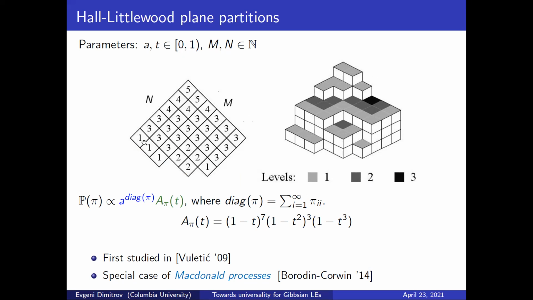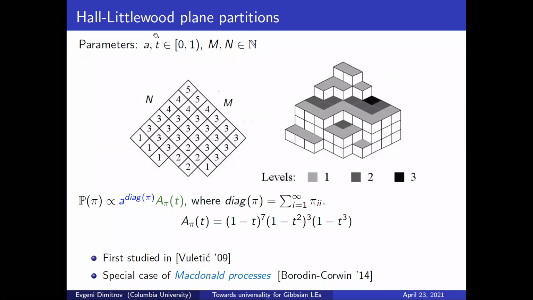Basically for every site, you put this many unit cubes on top of each other. So these 3 ones that you have here, for example, correspond to these 3 stacks of 1 cube. And these 3 3s correspond to these 3 stacks of 3 cubes. Hopefully it's clear from the picture how these two things correspond to each other. And what we're going to do is put a probability measure on the collection of plane partitions that have their base in this n by n box.